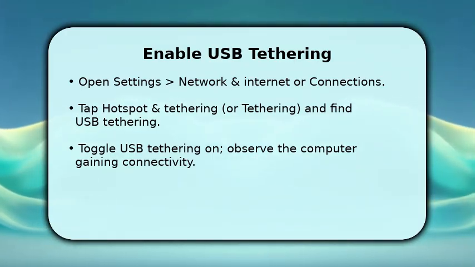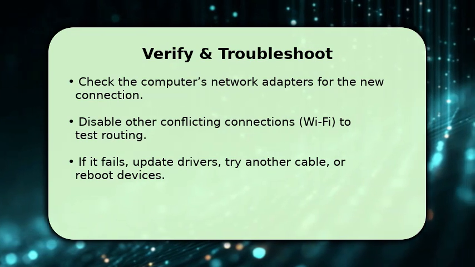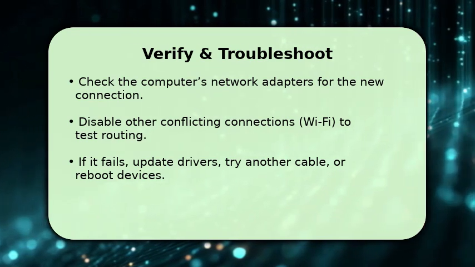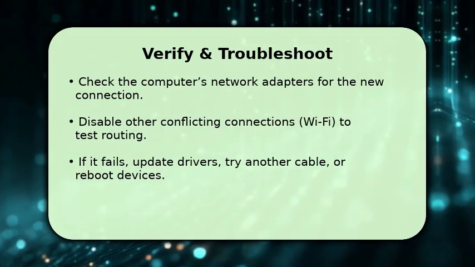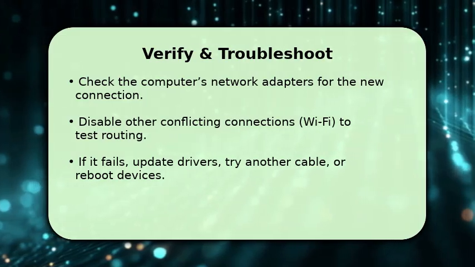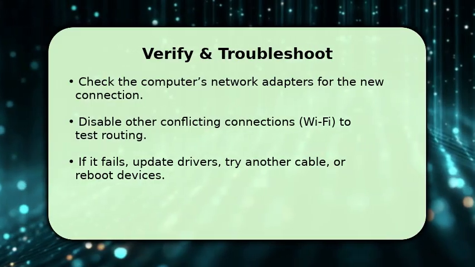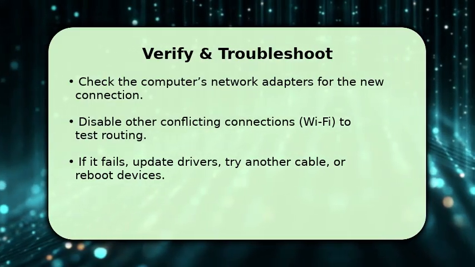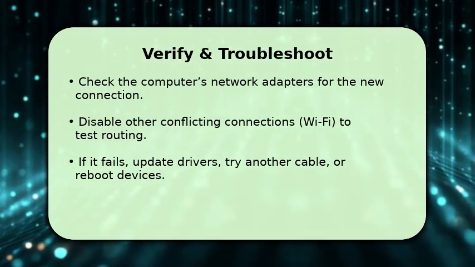Open Network Settings and confirm a new USB network adapter is present and active. If pages don't load, temporarily disable Wi-Fi on the computer so traffic uses the USB link. That isolates routing problems. If you still have no connection, make sure the PC has the correct USB network drivers, swap cables or ports, and reboot both devices. This one troubleshooting step fixes most